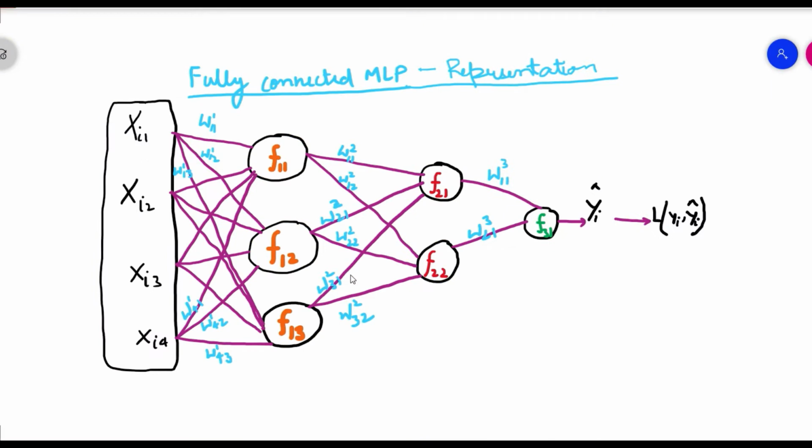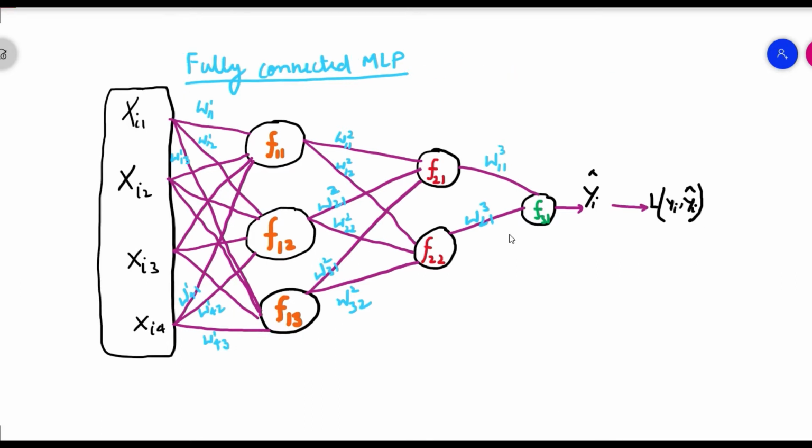Understanding neural networks. In the last video we saw how a single neuron model works if linear regression is implemented using that model. In this video, we will try to understand the representation that is used in fully connected multi-layered perceptrons in terms of the functions used, the weights used, and the output coming out of the functions used, so that when we try to learn how the weights are learned in multi-layered perceptrons, the notations come handy and it's easy for us to interpret those specific weights or unique functions or unique outputs coming out of those functions.